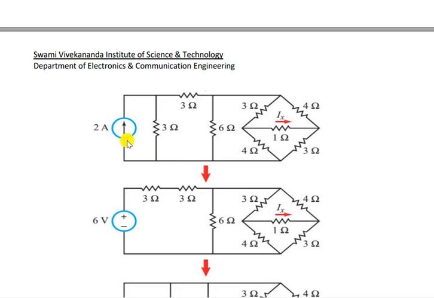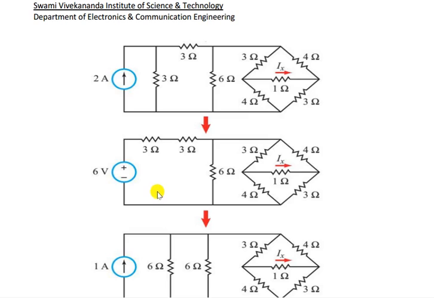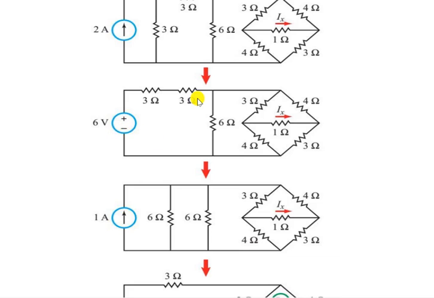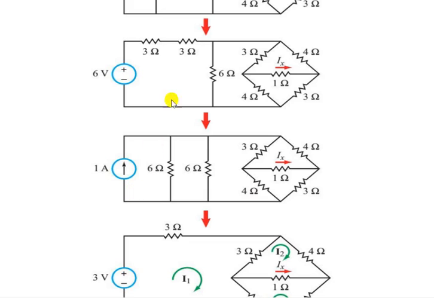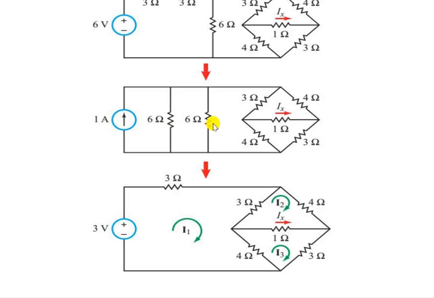Okay. Now again I'm converting this into voltage source. So the voltage source value will be what? V equal to IR. I is 2, R is 3, so 6 volt in series with 3 ohm resistor. So it becomes 6 ohm. Now again converting this 6 volt and 6 ohm resistor to current source. Then what will happen? 6 volt divided by 6 ohm, I equal to V by R. So it will be 1 ampere in parallel with 6. Now this with the 6 ohm parallel resistance will give you 3 ohm resistor. If you convert the 1 ampere current source into voltage source, that will be 3 volt with a 3 ohm resistor.